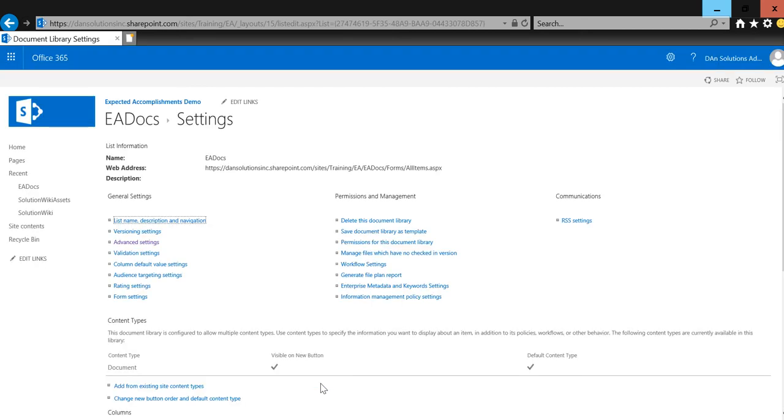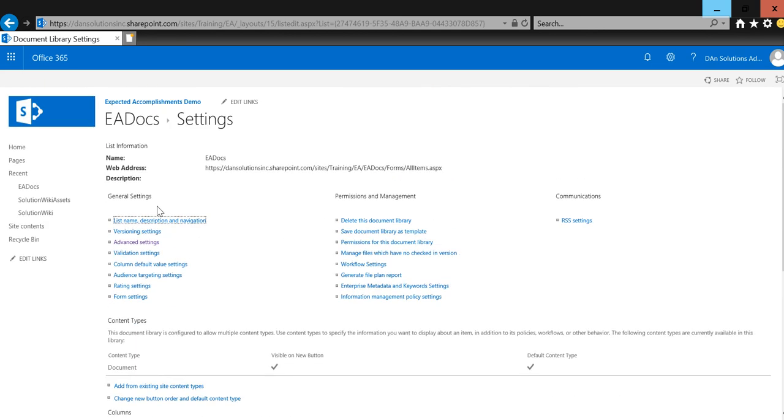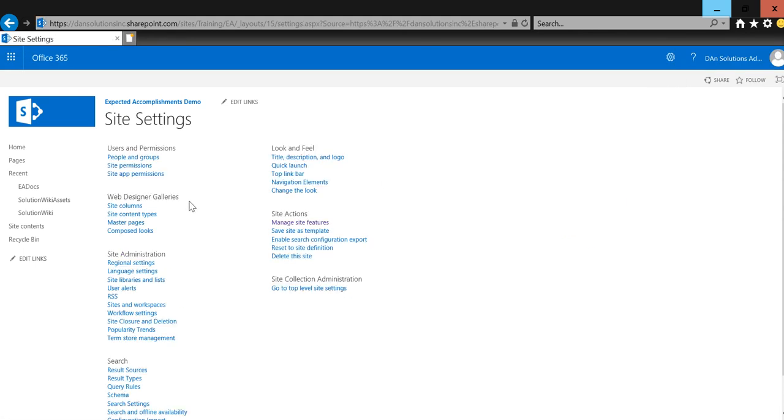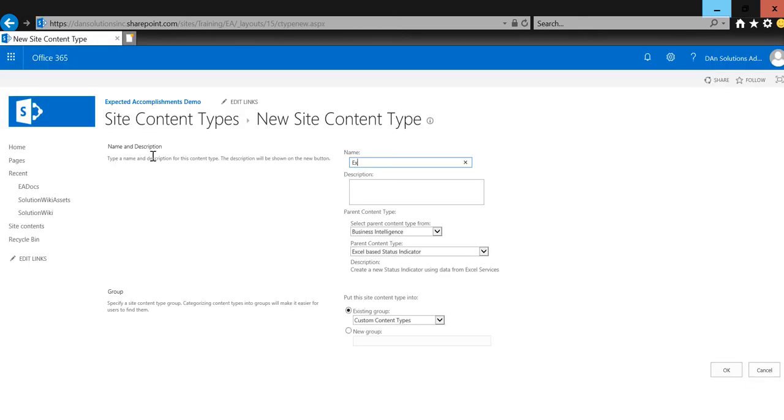Okie dokie. So, right now we have the document content type. We need to create a new content type. So, I am going to click Site Settings, Site Content Types, Create, Expected Accomplishment